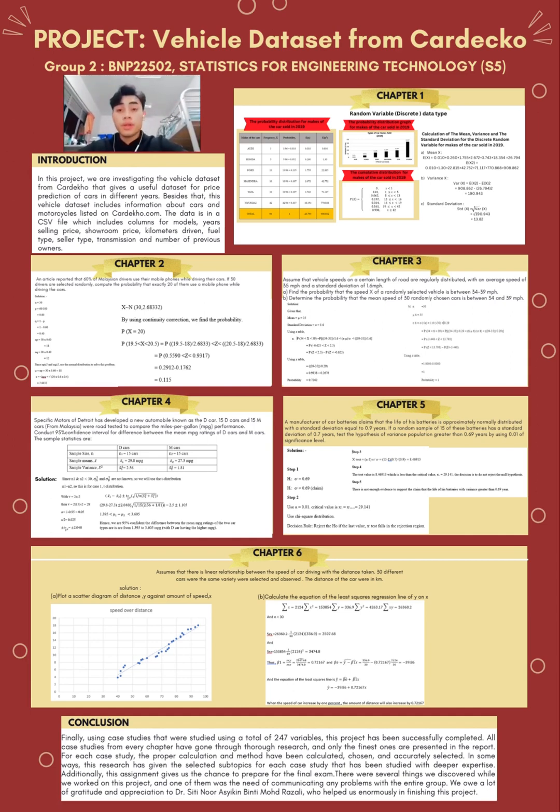So in chapter 4, we're doing estimation in finding the difference between two means of D cars and M cars. As we could see, the number of samples for both are equal, which is 15 cars for each. And since n1 and n2 are equal and both are below 30 and the variances are unknown, we will use the T distribution to solve this question. By inserting the given and calculated values into the case 1 T distribution formula, we will get the answer,